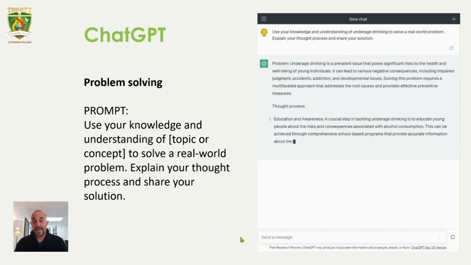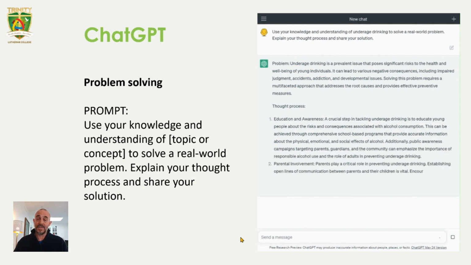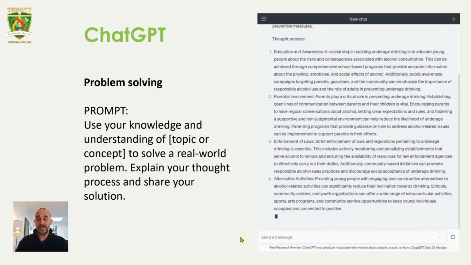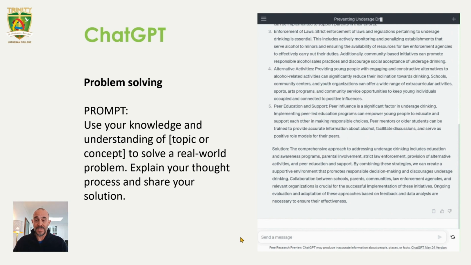So I was specific about the output. I asked for a thought process. So that's what ChatGPT is doing first of all, and then presenting a solution. Something that ChatGPT does really well is produce creative pieces of work. So building on the information that ChatGPT has provided,